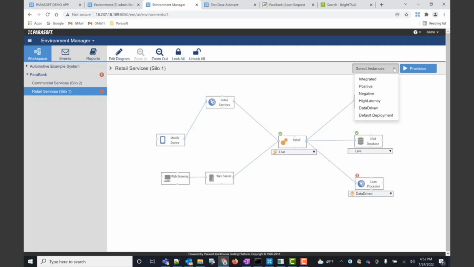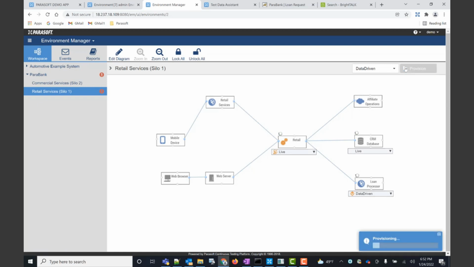Negative, of course, any loan is rejected. But the one we want to select is data driven. And then we want to provision that. There, and we see we have our green check mark, and so we're ready to begin our data-driven loan processor.